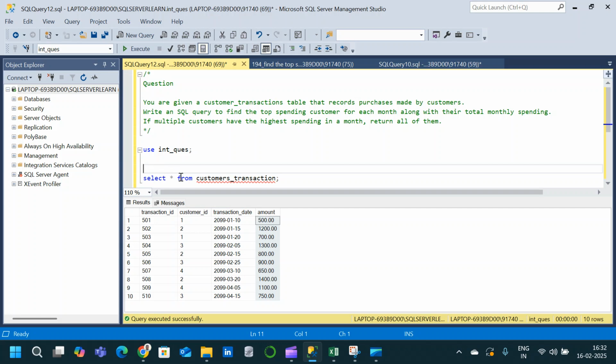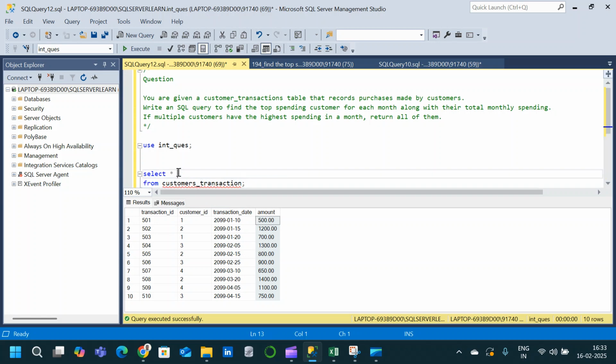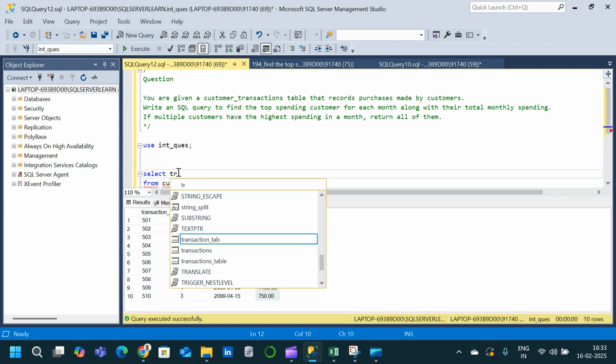First, we will see how we can obtain the month and year from the transaction date. So this query we will approach in such a way that we will break the query into different CTEs, and in each of the CTEs we will do one of the transformations. So here the first transformation that we are going to make is extracting month and year from the transaction date column. So for that I'm going to modify the select query, and the columns which we require are transaction ID,